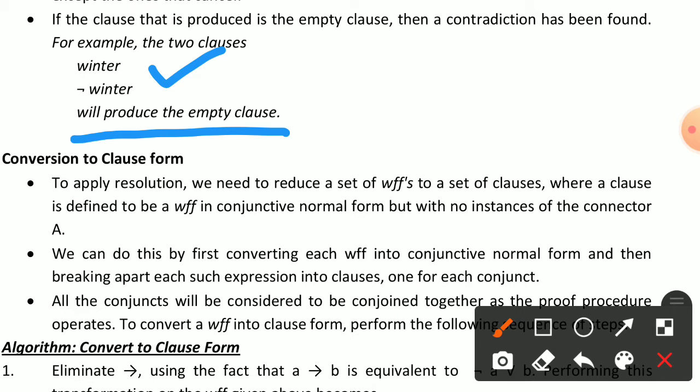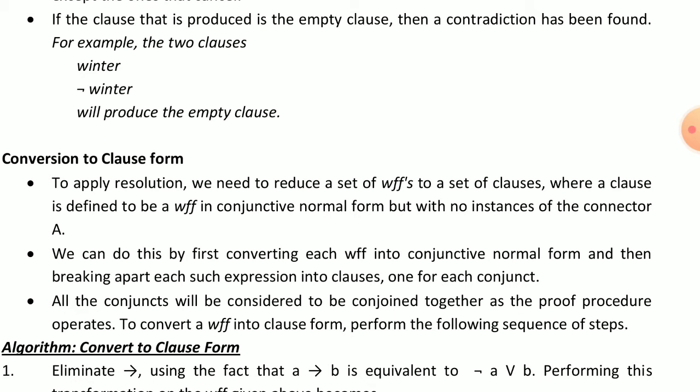But here we can write winter, not winter, summer, not summer, monsoon, not monsoon. So if one is true, then the other is false. Here only two clauses are given, so our process is empty because our current season is monsoon. So this is the basic introduction about resolution, its definition, its example is completed.